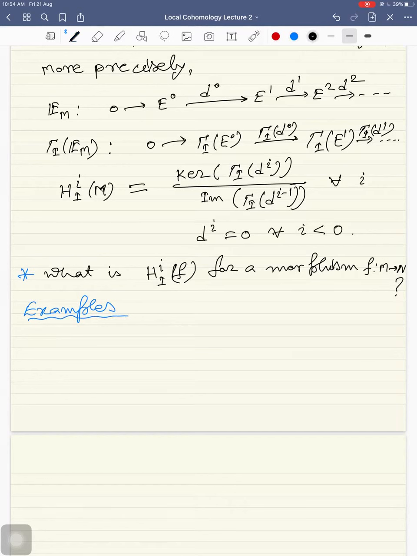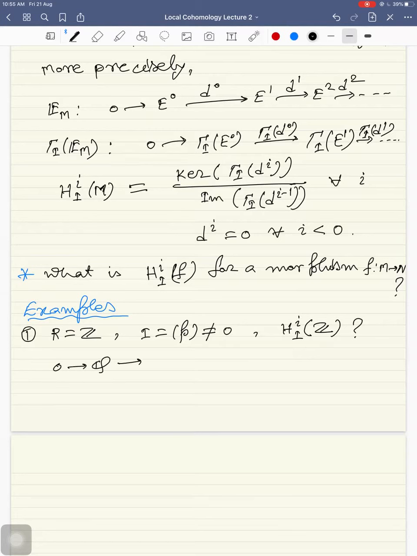Our first example is that you consider your base ring, the set of integers. Then any ideal is just a principal ideal, so you consider a non-zero ideal. Then one may ask: what is the ith local cohomology module of Z with respect to the ideal I? We have seen in the first class that